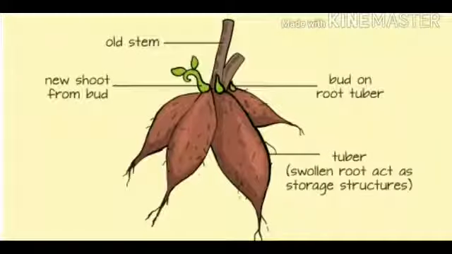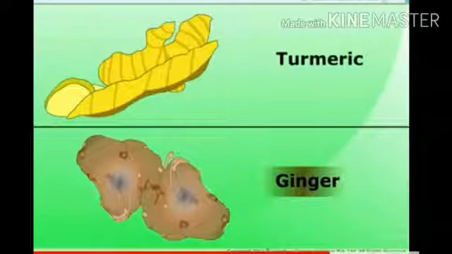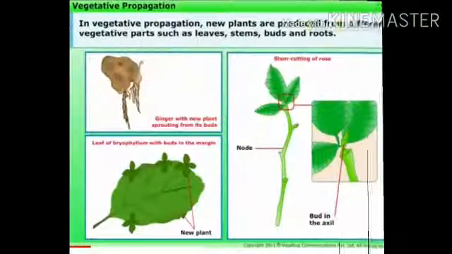In the next image, sweet potato is also developed into a new plant. It is a kind of root which helps to develop into a new plant through vegetative propagation technique. A small bud arises from the upper portion and its swollen base is called tuber. Cut a small portion of it and bury it into the soil and it develops into a new plant. Same in the case of turmeric and ginger, these are also developed into a new plant. Turmeric and ginger will develop into a new plant when cut from the portion of the nodal region. So this is an example of vegetative propagation.